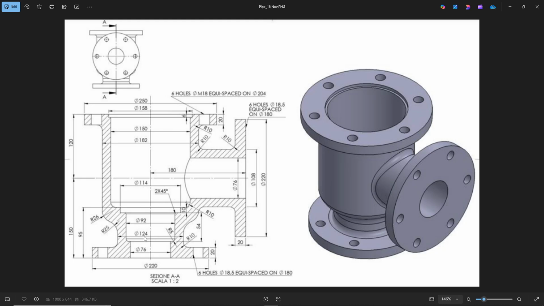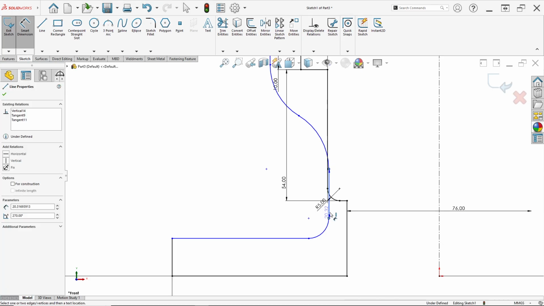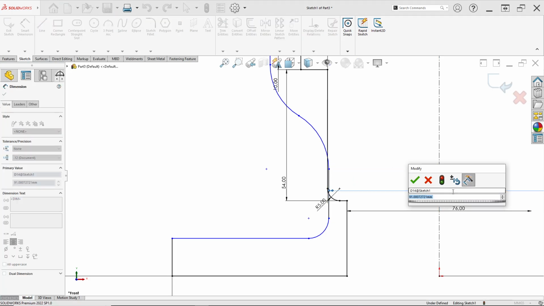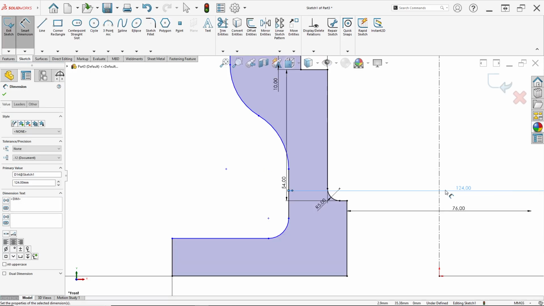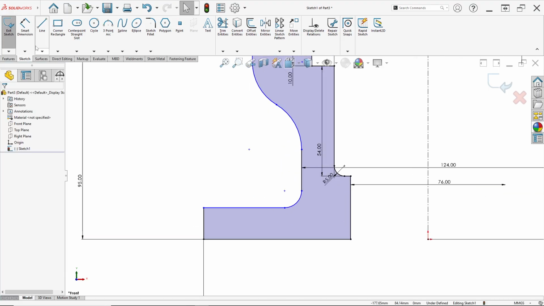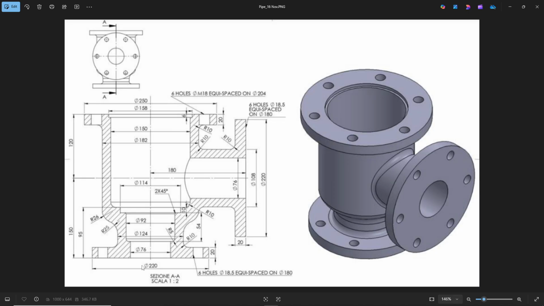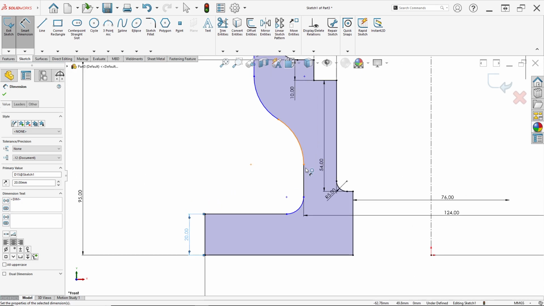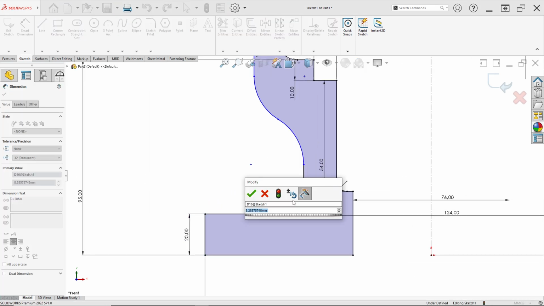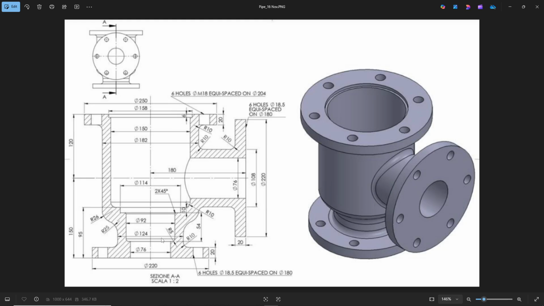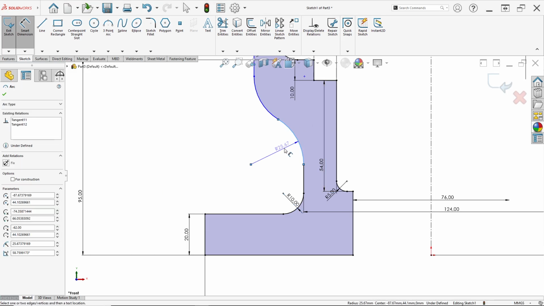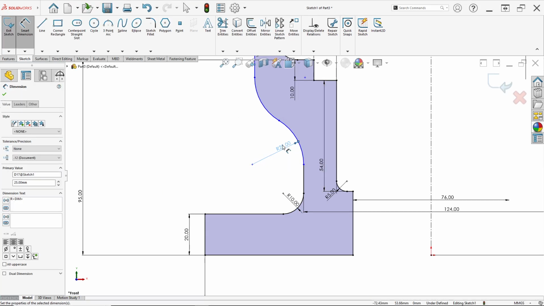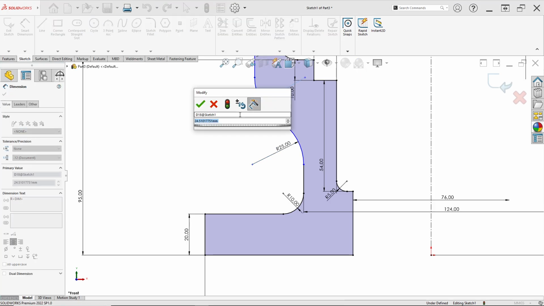This line has diameter 124, this to this is 124 millimeter, like this. And this line has width 20 millimeter, and here radius 10 millimeter. Here radius 25 and here radius 26 millimeter.